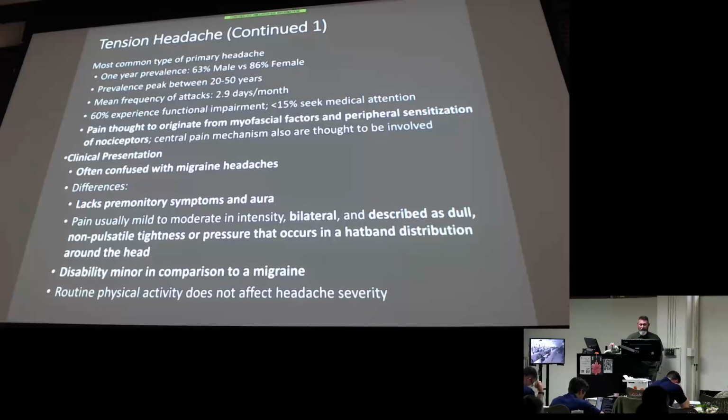Not usually disabling, not worsened by routine activity. They're not going to be laying in a dark room. They're just going to have a lot of bilateral, like I said, head pain circumferentially. They're non-pulsating, so kind of opposite of migraines in most ways. They're non-pulsatile and they're bilateral, which we talked about migraines being unilateral and pulsatile. So a lot of times we see muscle contractions, head and neck being a major factor here. But the big differentiator here is bilateral, dull, non-pulsating is tension.